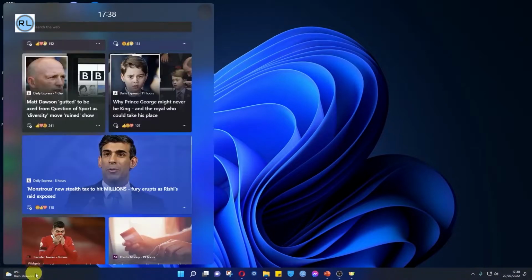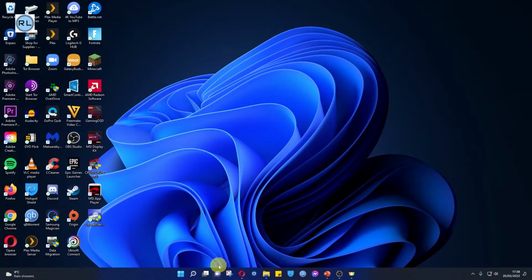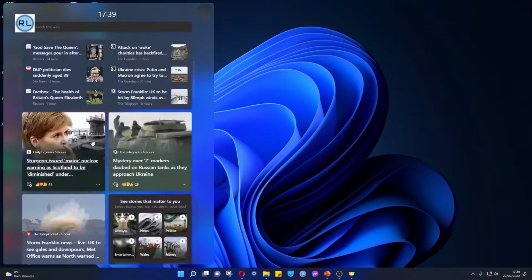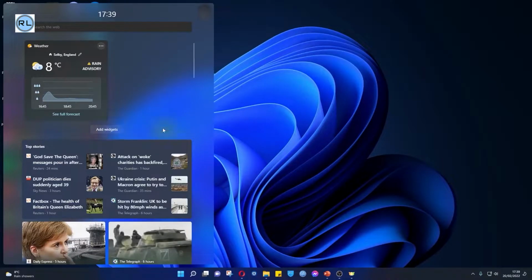board. Now both of these are pinned to your taskbar by default as soon as you install Windows 11, and they use up to 200 megabytes each of RAM in the background. Microsoft Teams is this little purple icon down here. It's the chat app, and you can basically call or message your contacts. And the Widgets board over in the bottom left has things like the news, the weather, stocks and shares, entertainment,